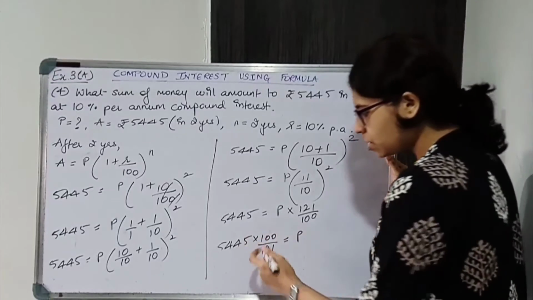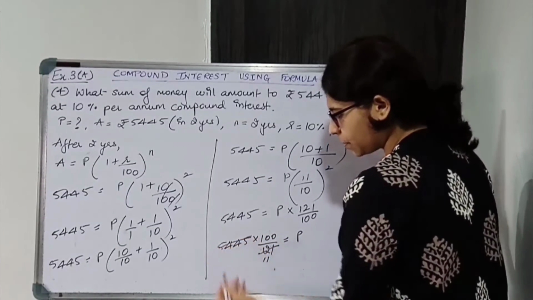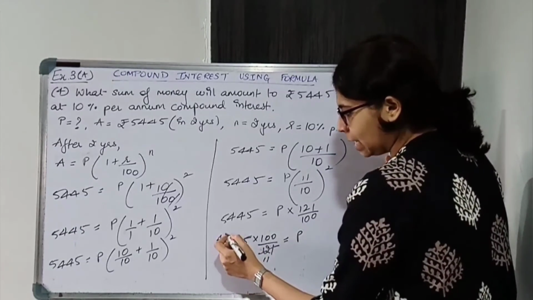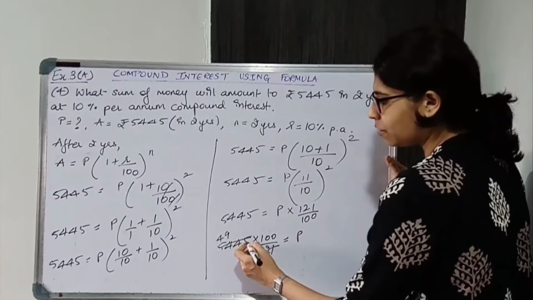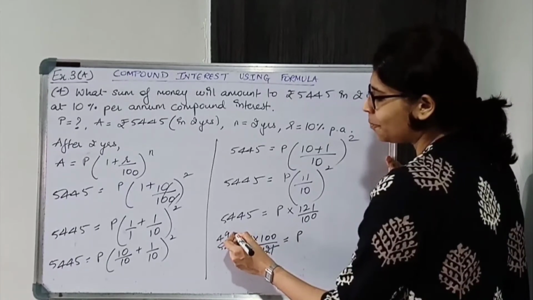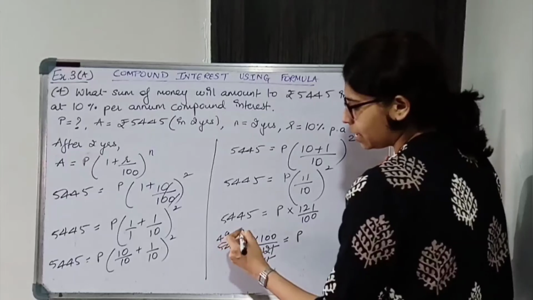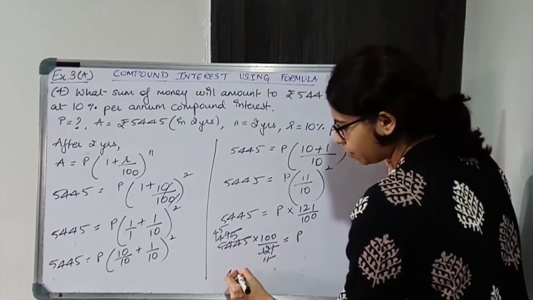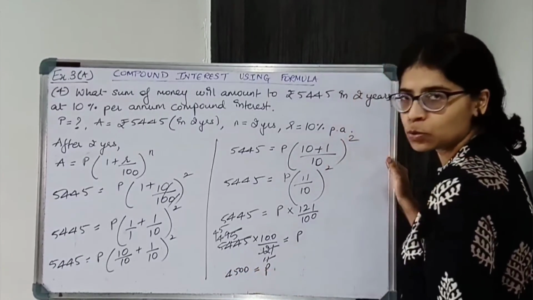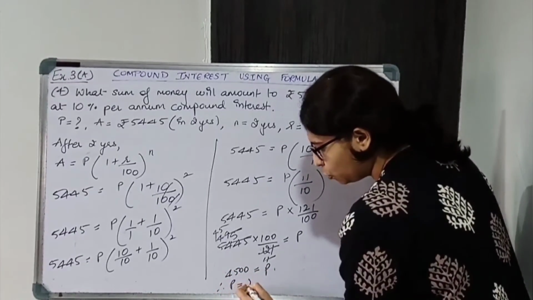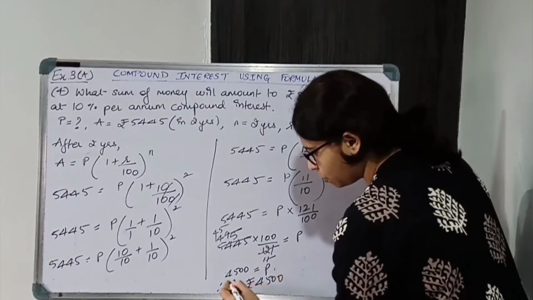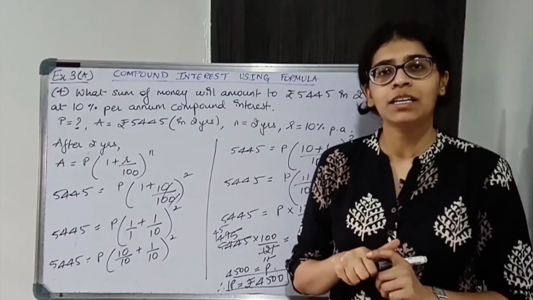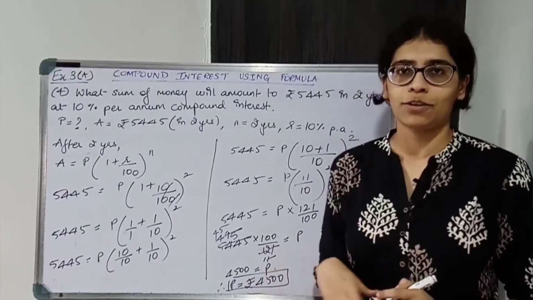Now solve this. So 11 11s are 11, 4s are 44, 10 remains, so 104, 11 9s are 99, so 5 will remain, 5 5s are 55, so 11 5s are, 11 4s are 44 and 11 5s are, so 45 into 100, 4500 is the principal amount. So switch the sides, P is equal to rupees 4500. Box the answer. Write down the final statement. The sum of money is rupees 4500. Okay.